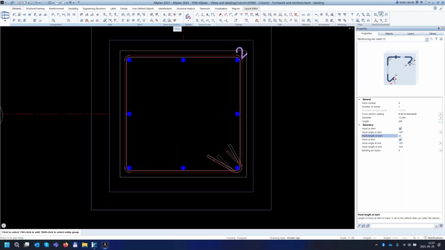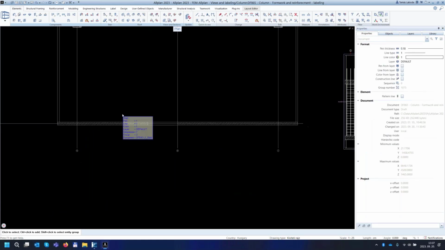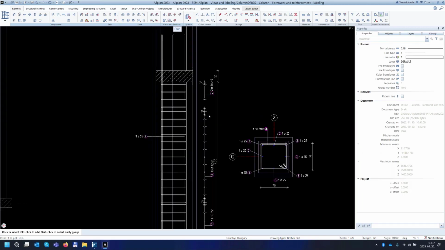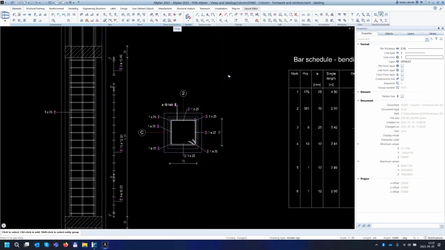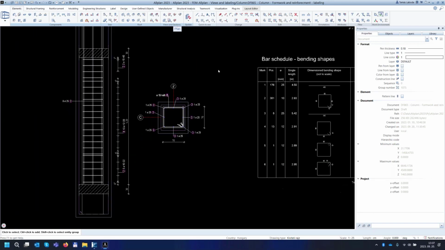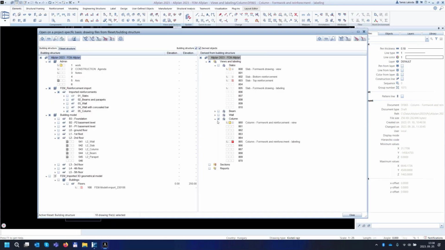So these are fully editable elements in Allplan. And after some labeling, giving some dimensions and the bar schedule, of course, you will have a perfect finished column reinforcement drawing. I will show you another example for the slabs,